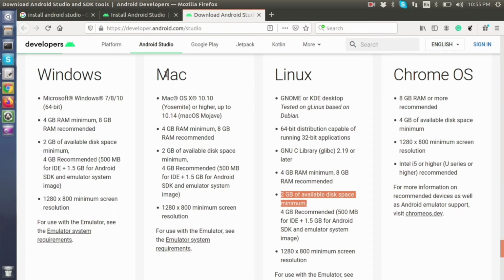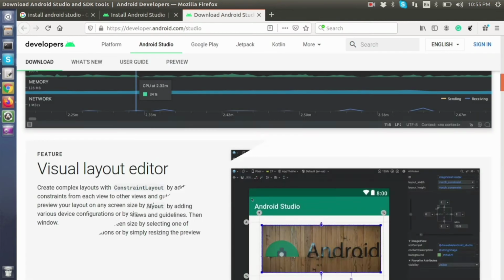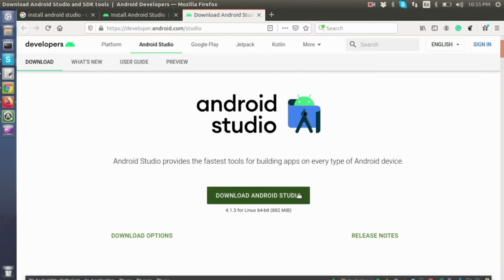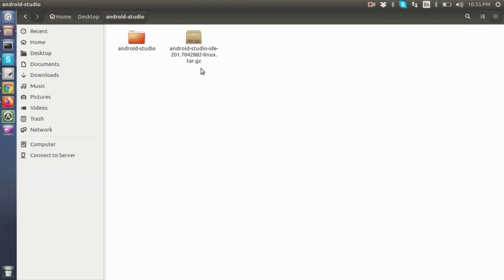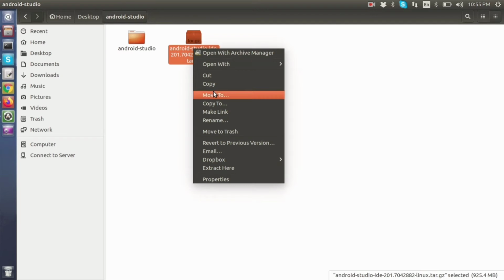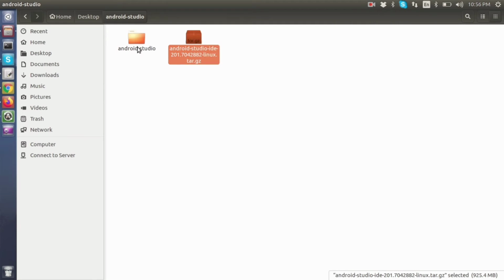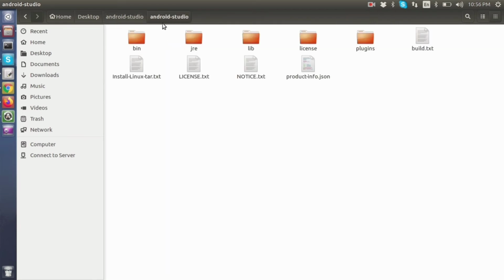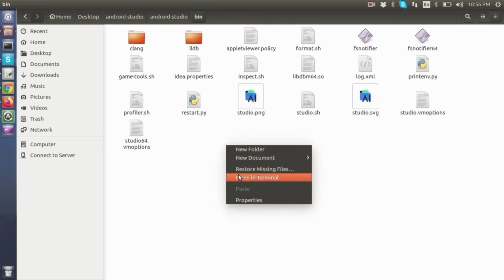If you are using Mac, then check from this, and if you are using Windows, check from this. Go upside, click on this button and install your Android Studio. I have already installed Android Studio, so it's a tar version. Do a right click and click on extract here, then you will see the folder. Go to Android Studio, go inside bin, do a right click,